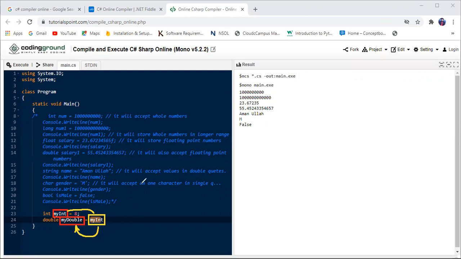Clear? So now let's print both and check what the difference is, or how it works. First we will write Console.WriteLine and print the integer first, and then Console.WriteLine myDouble.